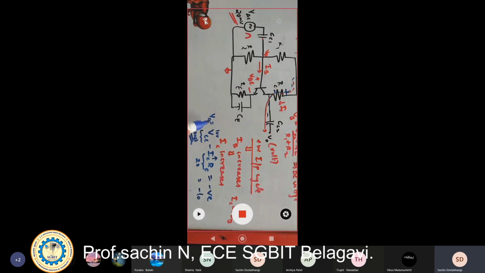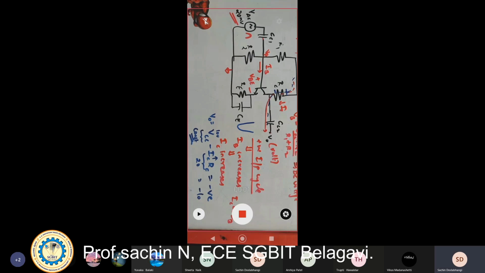Getting it? So we get a negative value, which means the output will be an amplified negative signal. For a positive input cycle, you'll get an amplified negative output cycle. Getting it till here?